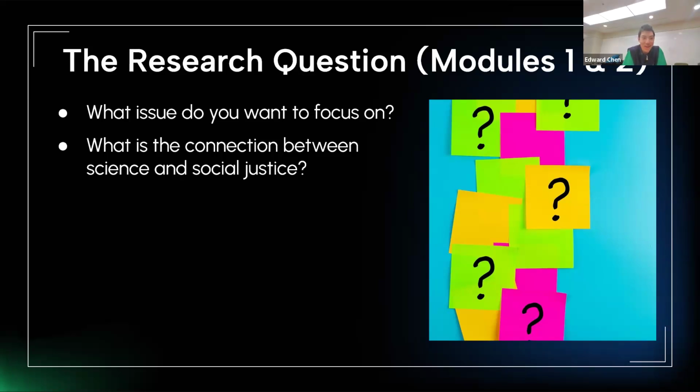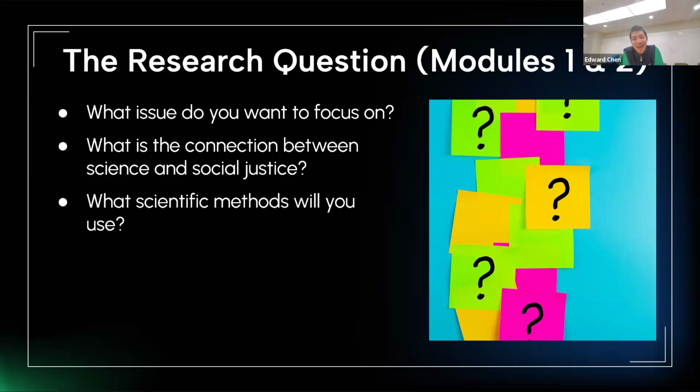There also is a social justice component to it as well. And that's something that you can think about spotlighting as you work on your capstone. Of course, something that's also really important is thinking about what scientific methods you will use. I would say this is probably most important in terms of thinking about how feasible answering your